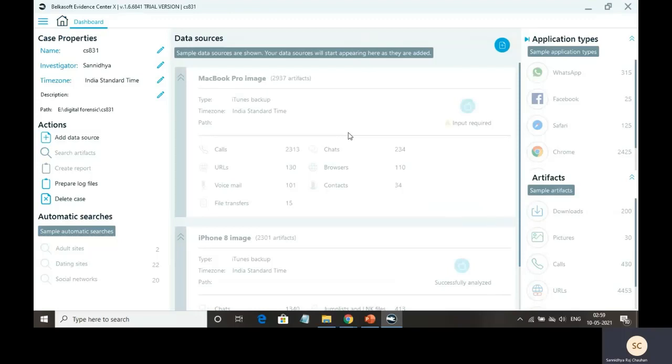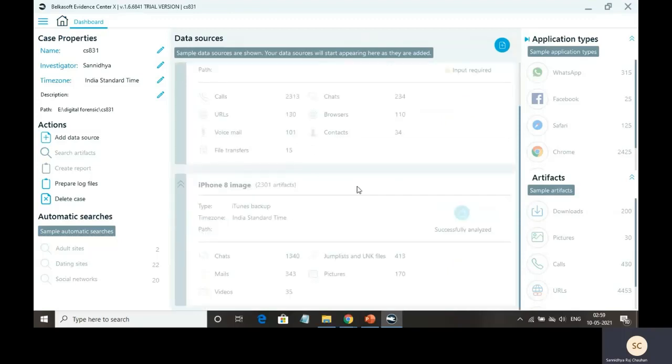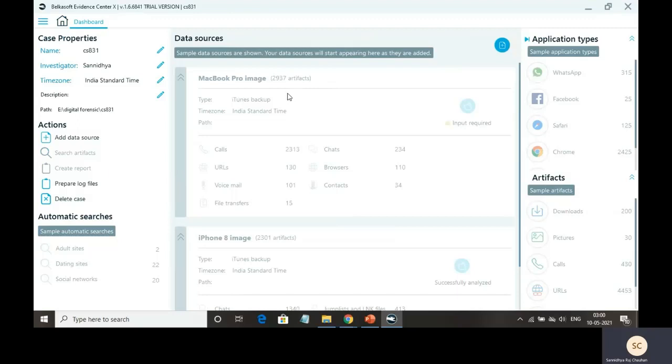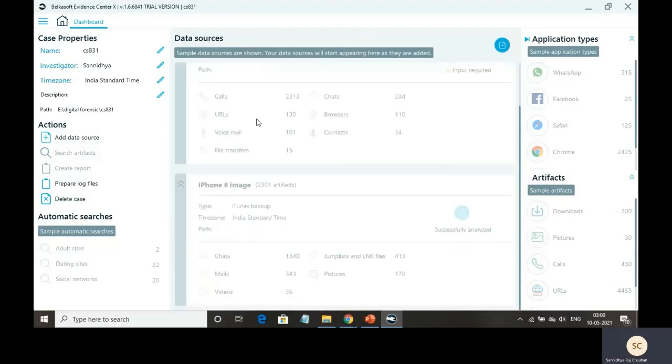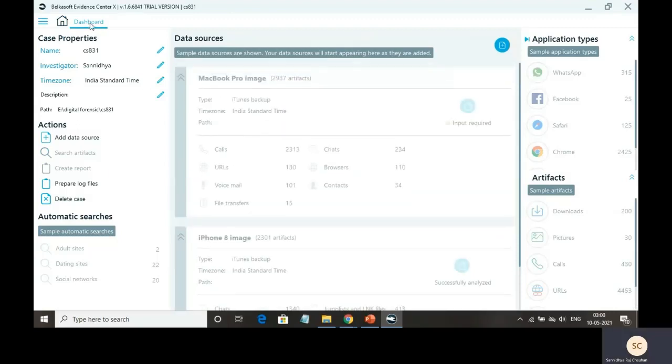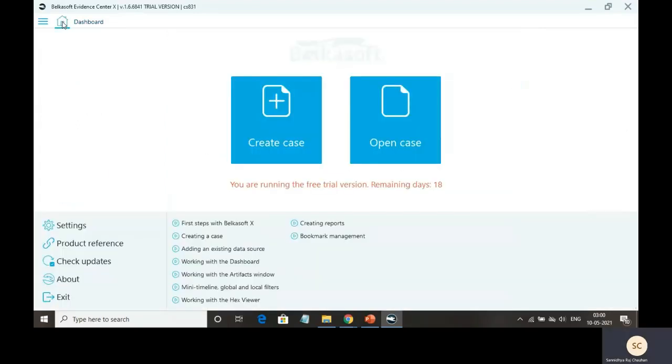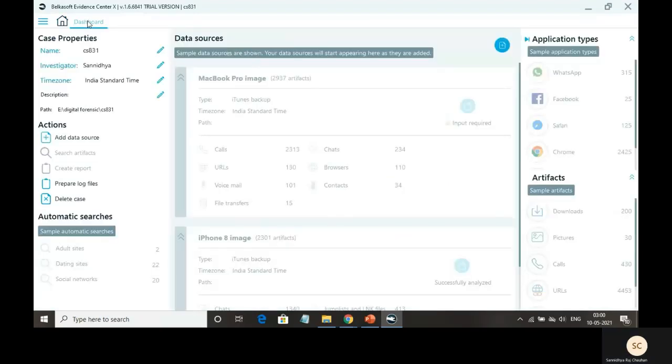So we haven't added any data, but some data is already given. That is only example data, to show how it will look after adding. And here a dashboard is given, and here a home option is given to go back to the home page. And in the dashboard we can see the name of the case, investigator's name, and time zone.